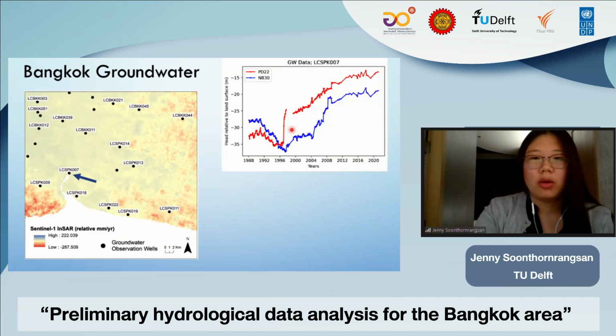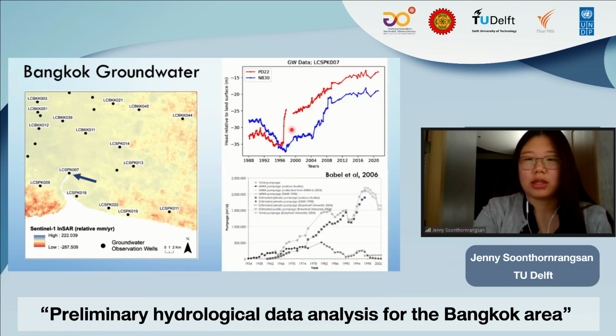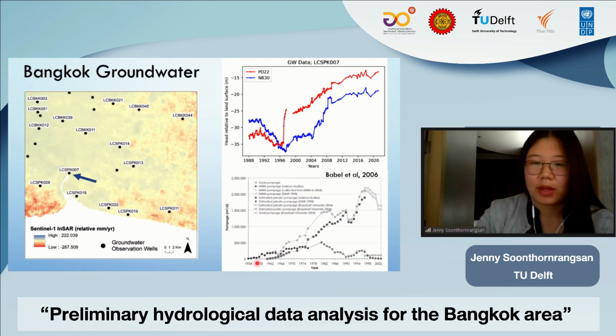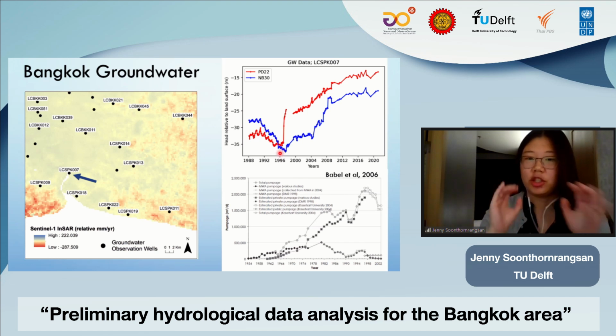One of the things that we think is causing this trend, or having a significant influence on it, is groundwater pumping. This bottom graph here is showing the estimated total pumping, shown as this top line here. It's increasing from the 1950s onwards and maxing out in the mid-1990s. That's correlating quite well to this drop in head in groundwater levels that we see in the mid-1990s as well. So that's one of the main correlations that we see just visually already.